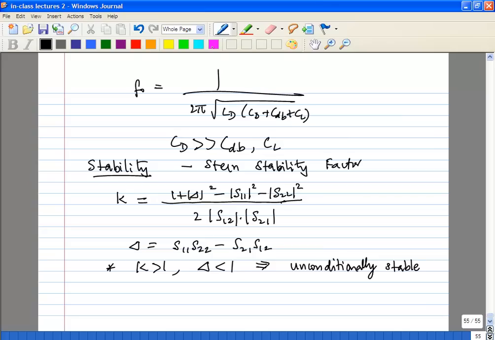Because if you are designing an LNA, you will pretty much be dealing with only the S parameters. So what you will do is you want an input match, you want your S11 to be very small. If you want output match, you want S22 to be very low. Remember, S12 is a sign of reverse isolation, you want to reduce that. S21 is a sign of your power gain.